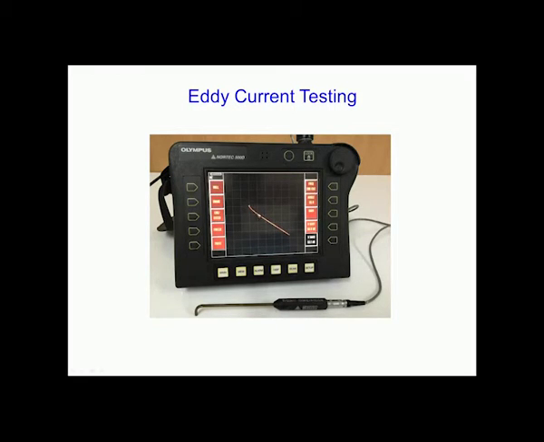Yeah, so that is how the system looks, and if you take a close look, this is the display and you can see a curve over here, which is the lift off curve that we have talked about. When you touch the probe on the sample surface, this is what you see. This is the beginning point, which is the point in air, also called the null point, as I am going to show you in the video also. When you touch the probe on the sample surface, you will see this coming down from this point and going like this, giving you this lift off curve.